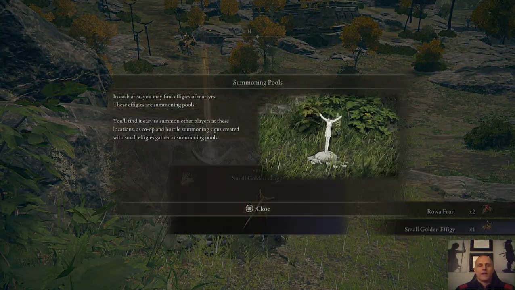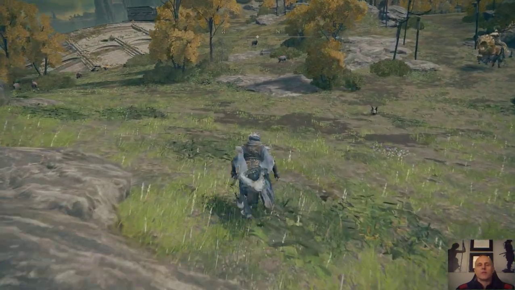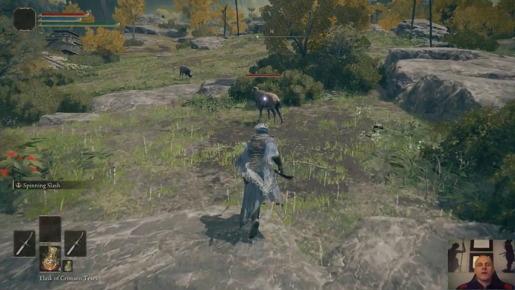Now, I will tell you that in Elden Ring there's really a big need for some sort of projectile weapon. So we're going to need either a bow or magic or incantation. We're going to need something at some point, right? But in the end,